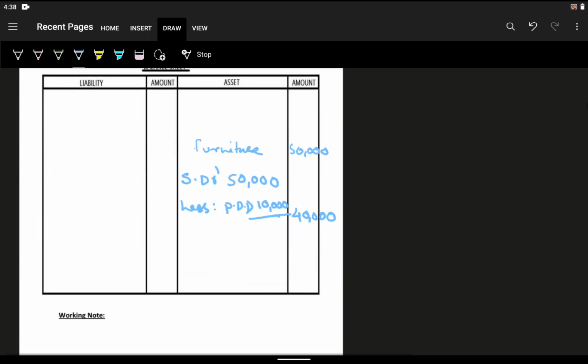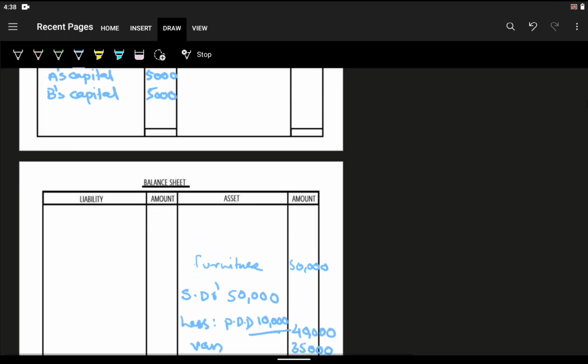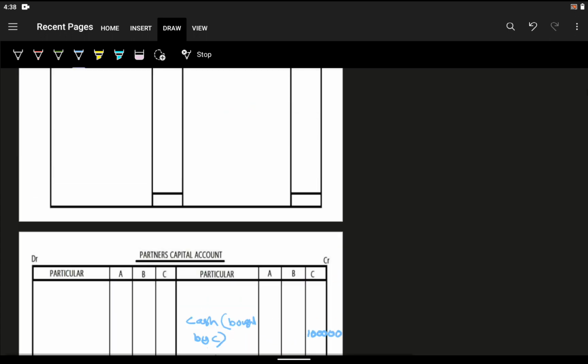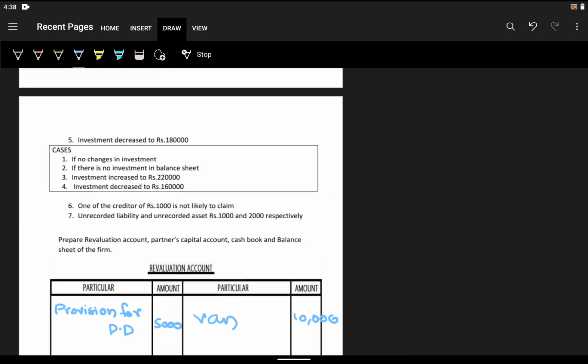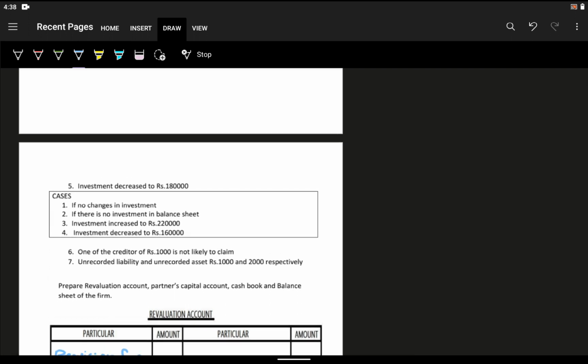And directly we will write in the balance sheet. We'll write van 35,000. 25,000 is the old value. Now 10,000 increased. 35,000 is the new value. Okay, new value in the new balance sheet. Okay, next we can check what is the next one. The next one is,